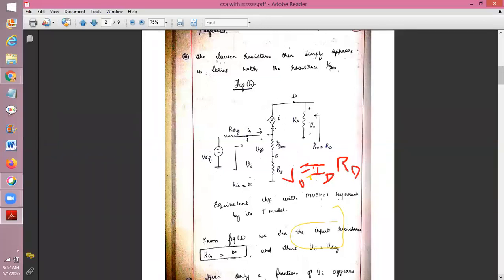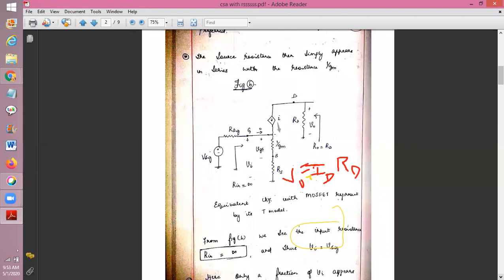How to find this I? Please mark this. To find this I here, apply KCL at this point. Mark that as A. Apply KCL at point A. If I apply KCL at point A, here, incoming current is equal to outgoing current. So at point A,